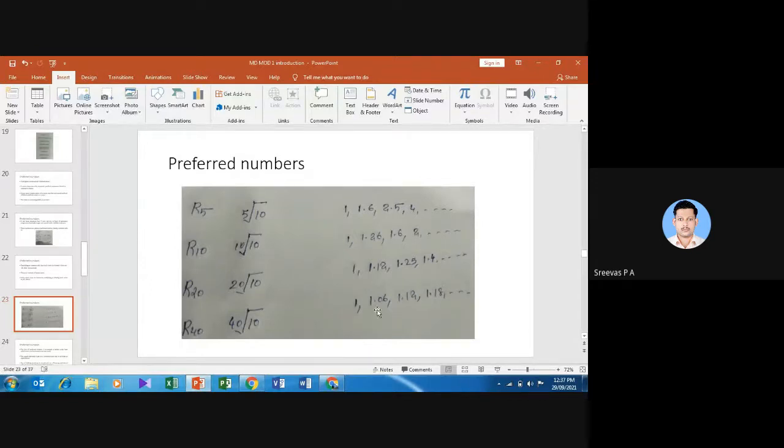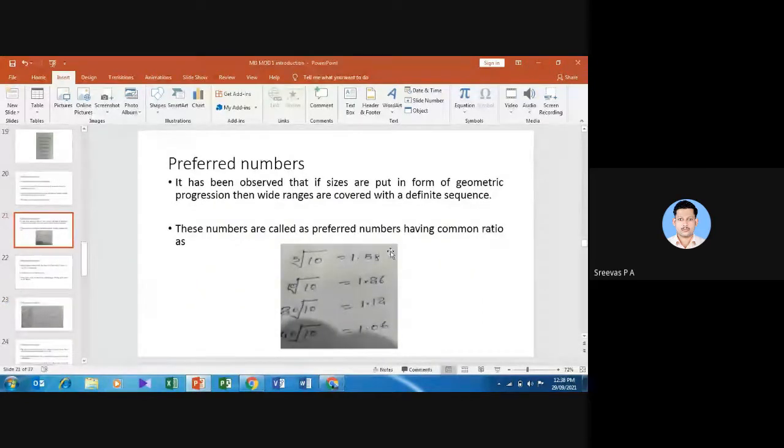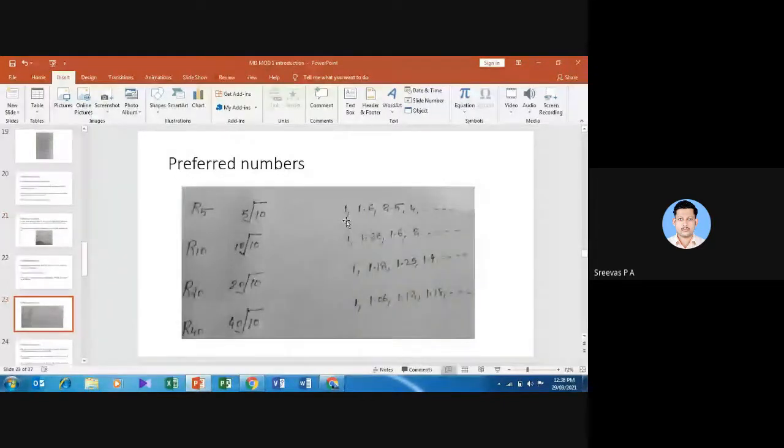Okay, so for the 4 series, we have got the first term. Now we have to get the common ratio. For the R5 series, the common ratio is 10 raised to 1 by 5, or 5th root of 10. That will be 1.58. Okay, 1.58, we will take it as 1.6. So the second term of the R5 series will be 1 multiplied by that common ratio. That is 1 multiplied by 1.6, equal to 1.6. Okay. The third term will be 1.6 multiplied by the common ratio, 2.5.